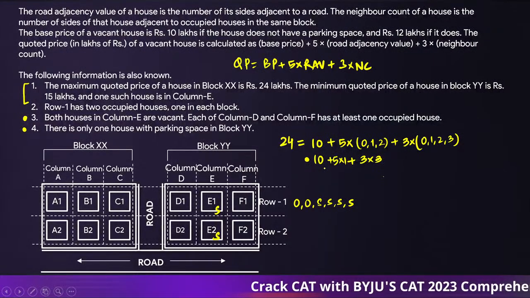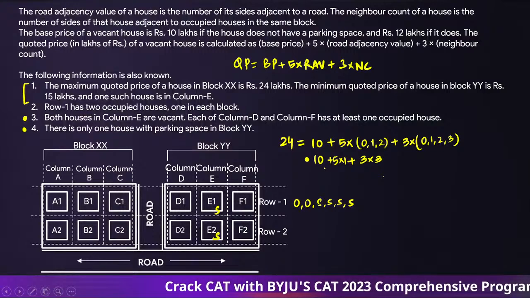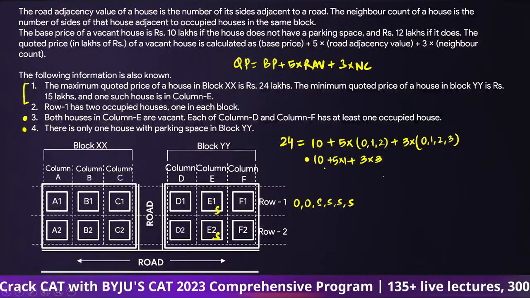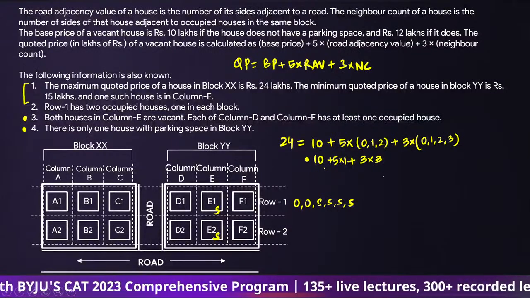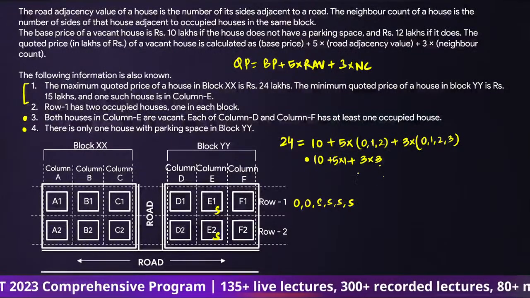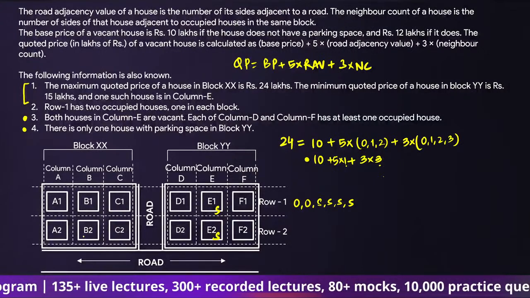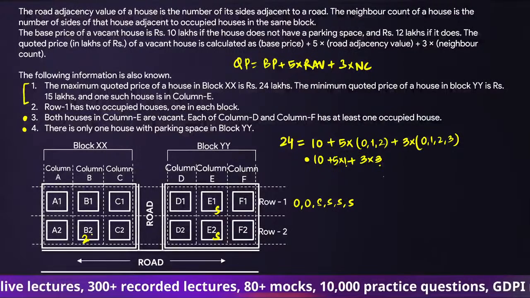Which has got one RAV. One RAV means it is either A2, B2 or C1. And then it has got 3 neighbor count. 3 neighbor count matlab B2. So we can say that B2 has a 24 lakh ka,